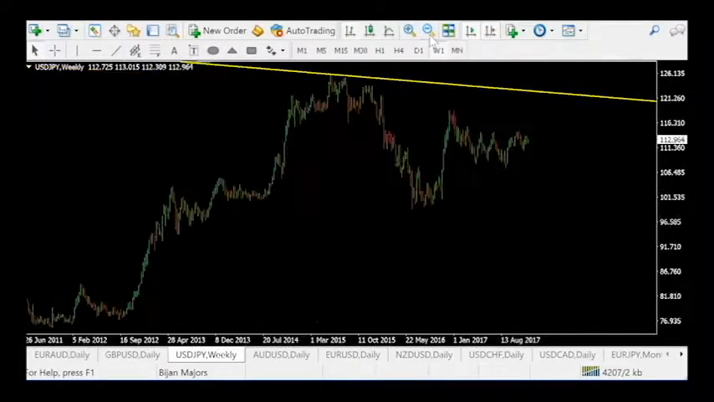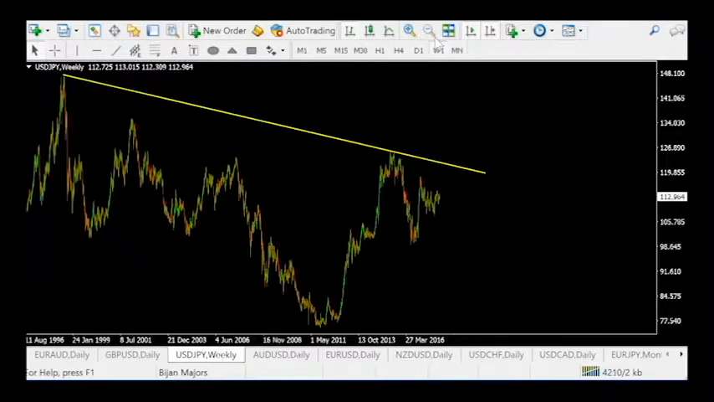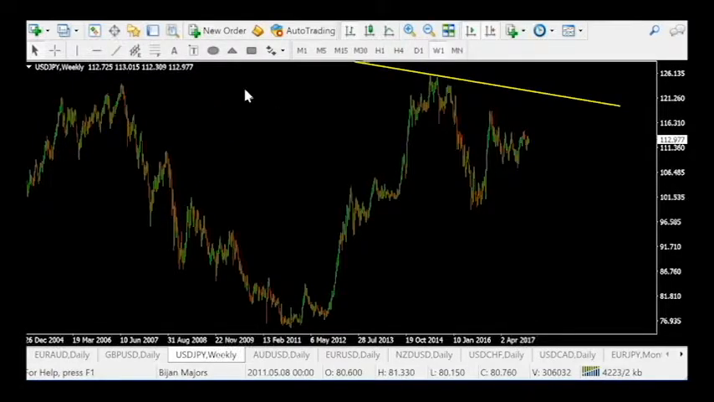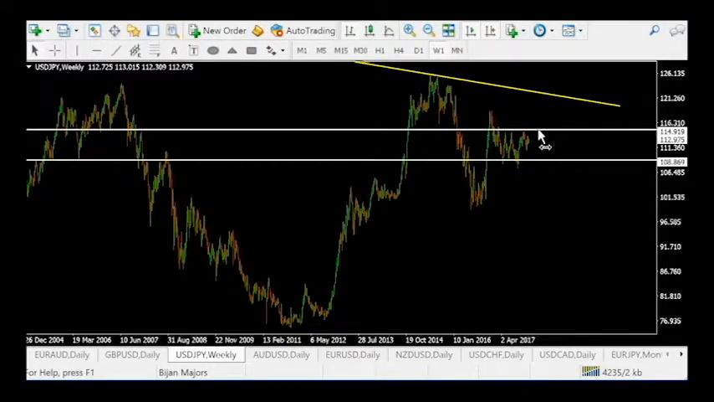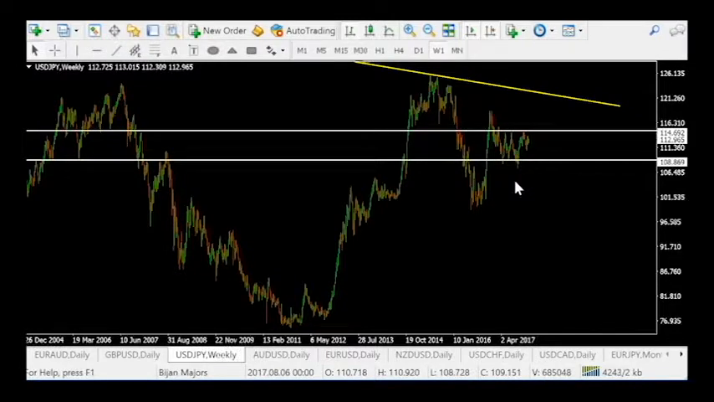Dollar Japanese yen. Okay, let's go to the weekly. So look at the model. We have a line here. If you remember last week, we were stuck in a range. So we are doing range trading. Remember, the only thing is we are closing to the